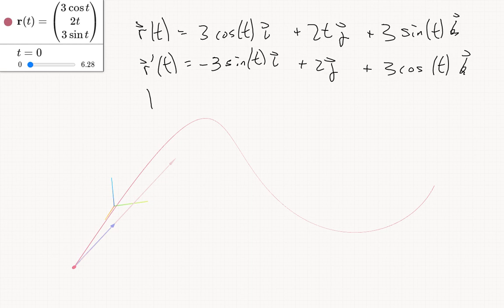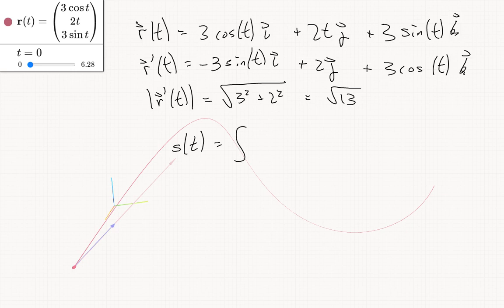Now let's find the magnitude of that. So that'll be the square root, so sine squared plus cos squared is 1. So the square root of 3 squared plus 2 squared is root 13. So now we can calculate the arc length. So s is a function of t. The integral, let's take 0 to be our base point, to t,